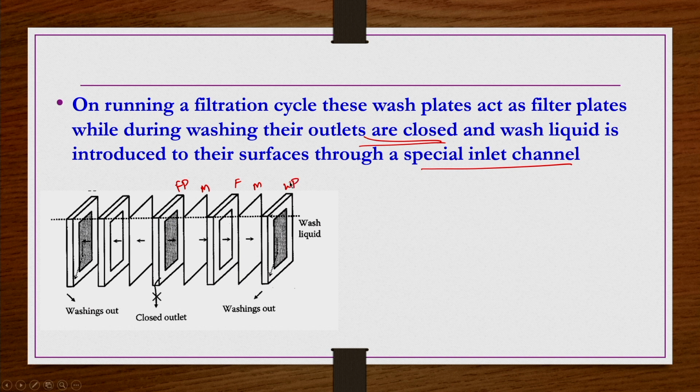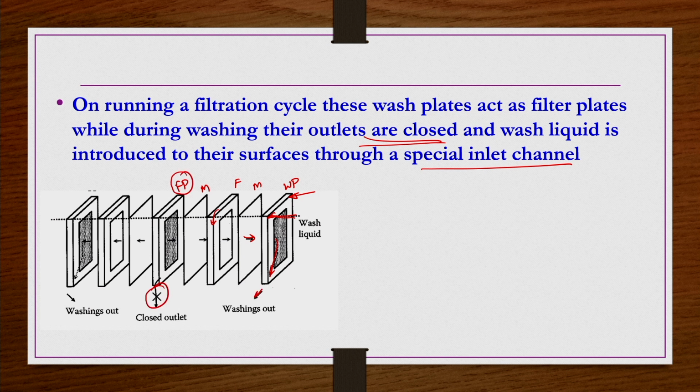So, in the previous case, when we were introducing slurry for filtration to occur, it was introduced through the other corner, the other side of this plate and frame section. Now, the wash liquid enters this other section, but again it comes into the frame side here, and from here, because of the pressure, it is pushed towards the wash plate.